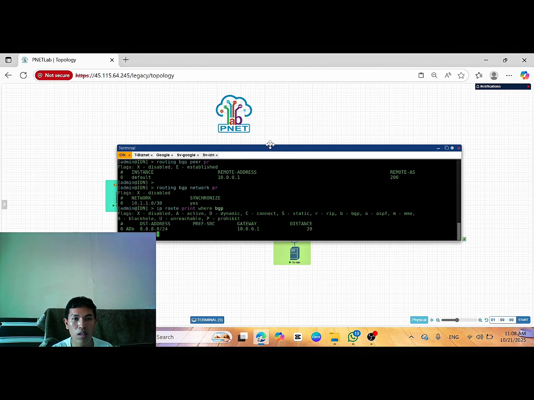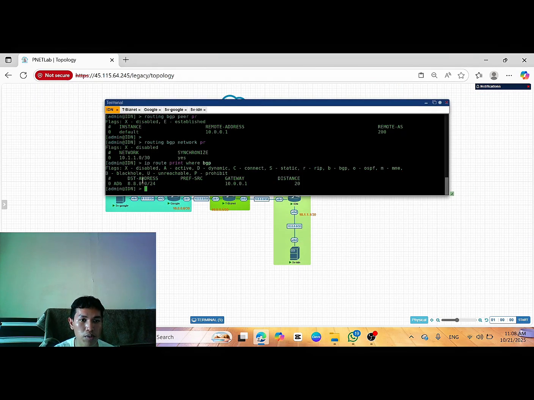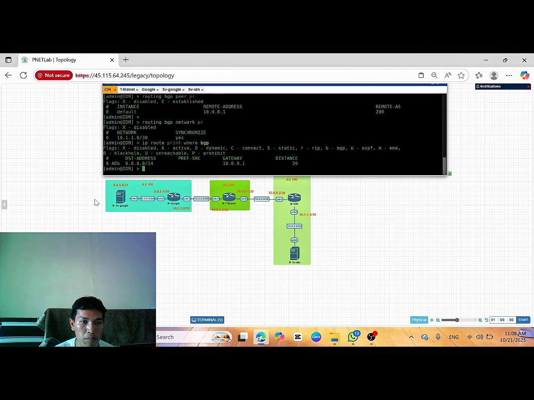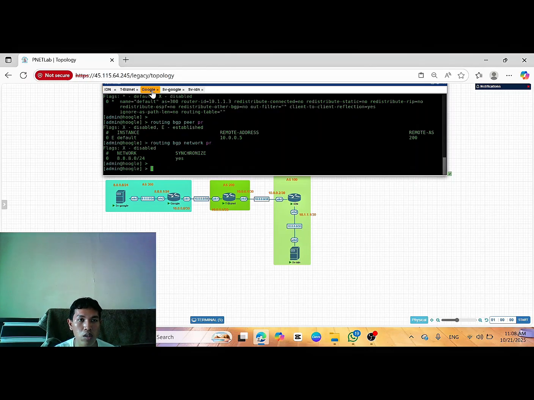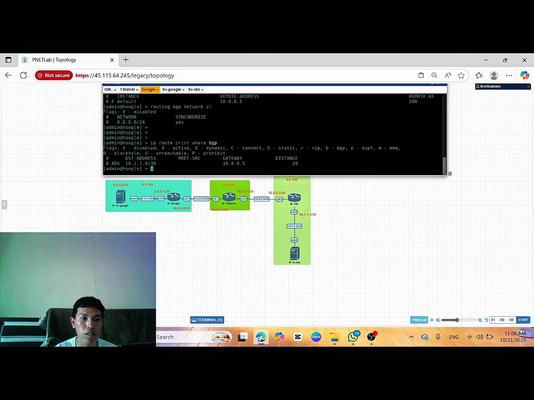And you can see the network has been advertised from Google, and we can verify from Google, IP route print where BGP, enter.